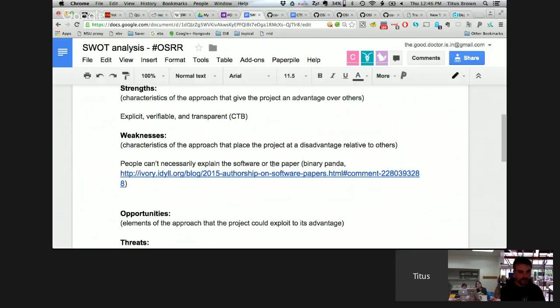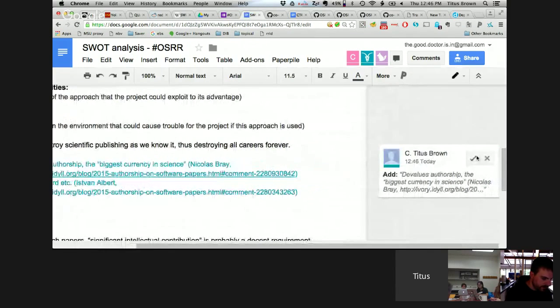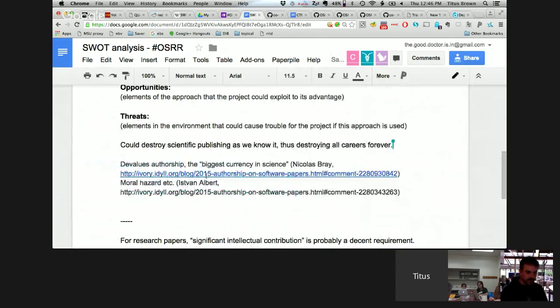So there were 2 comments by Nicholas Bray and Istvan Albert on the blog post that said it devalues, let me just figure out, oh, there it is. It devalues authorship, the biggest currency in science, and it's a moral hazard because